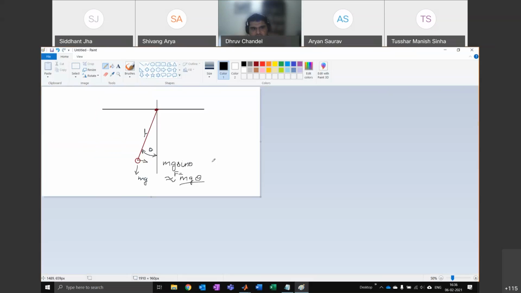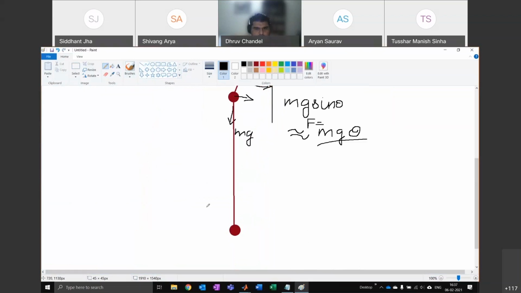The complication happens when you take another string and another pendulum and attach it to this string, like there. Suddenly even drawing the free body diagram becomes very complicated.